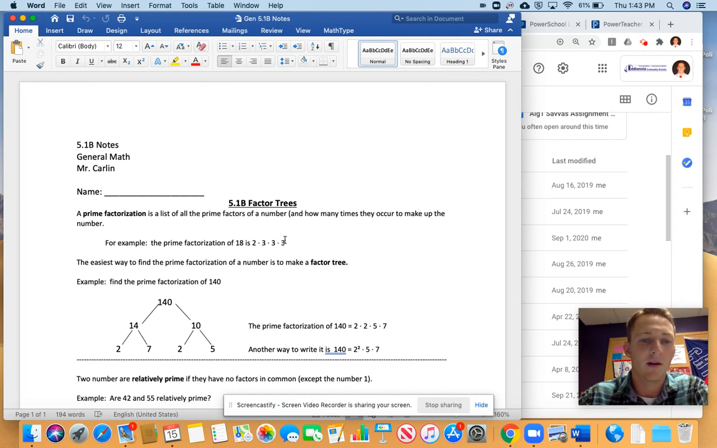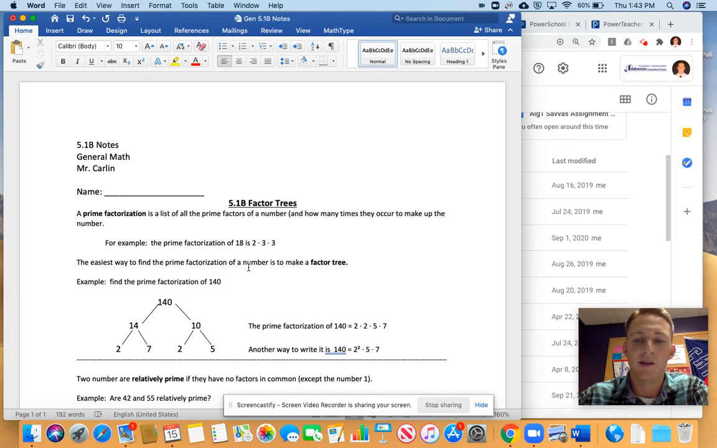I think that's wrong, actually. Extra 3 in there. So we actually have the prime factorization of 18 is 2 times 3 times 3. 2 times 3 is 6. 6 times 3 is 18. Right, there we go. And then the easiest way to do this, so I just did that in my head,